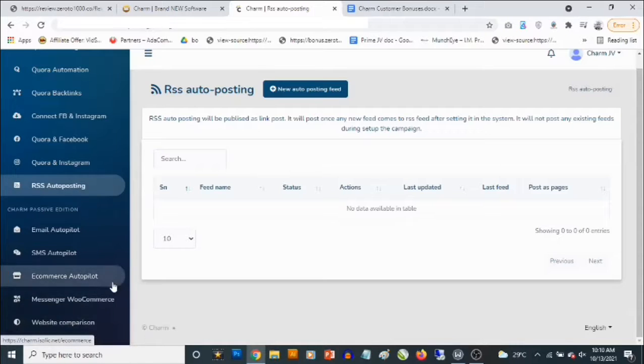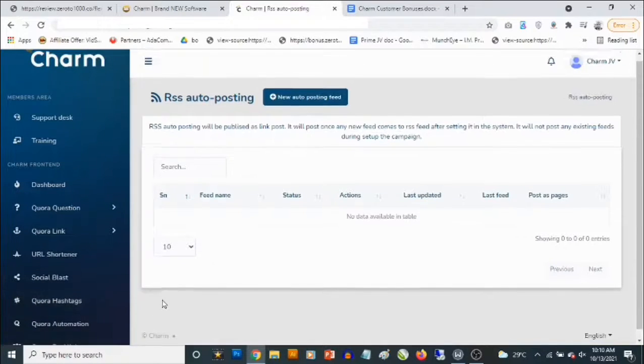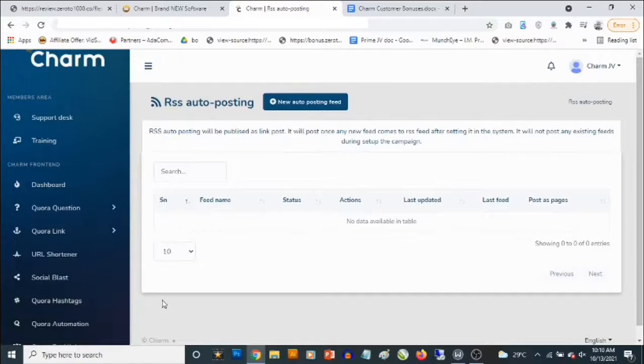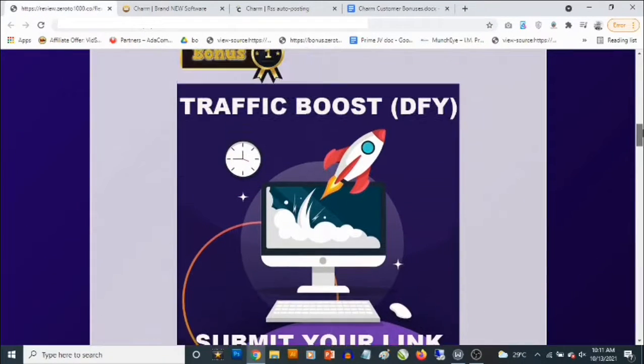You also get access to e-commerce autopilot. You get access to Messenger, WooCommerce, website comparison, email autopilot, SMS autopilot. You get access to a bunch of tools, and I hope all these tools are actually available in the front end version of Charm. You also get access to training that shows you the best way to get results with this. Having said that, I'm going to show you the custom bonuses that I'm giving you to get you the